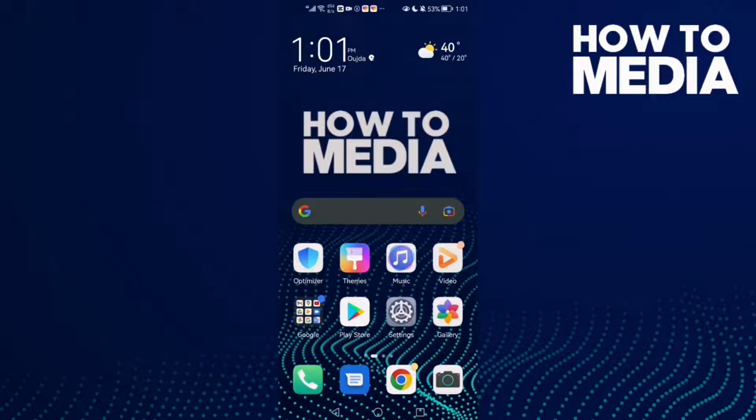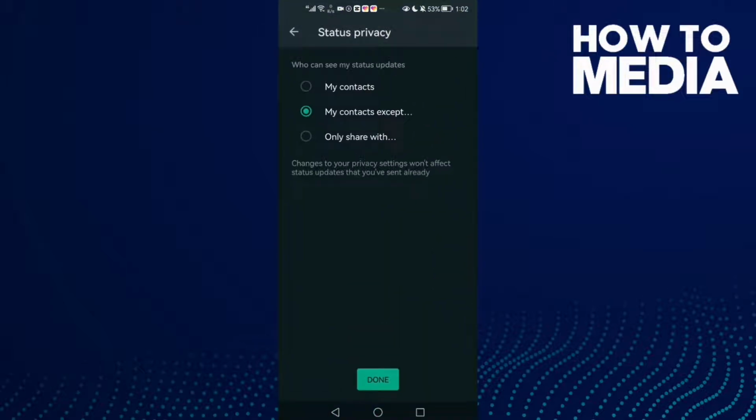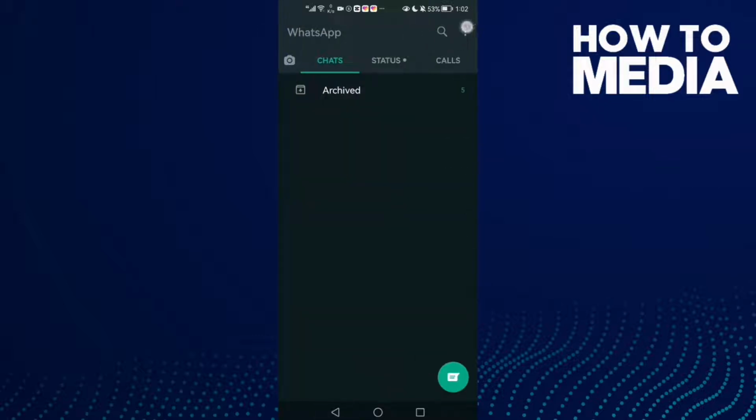How to make only your contacts can see your status on WhatsApp. Hello guys, in today's video I'm gonna show you how to make only your contacts can see your status on WhatsApp. First thing, go to WhatsApp and let's go back first, and here you will find these 3 points in